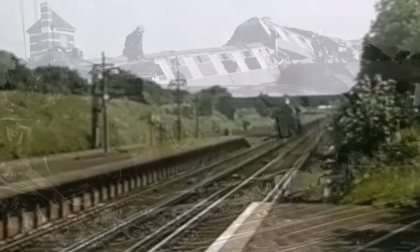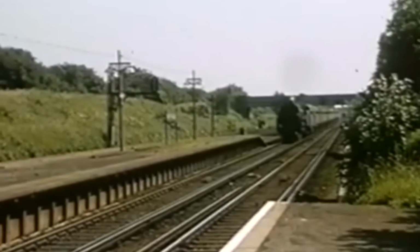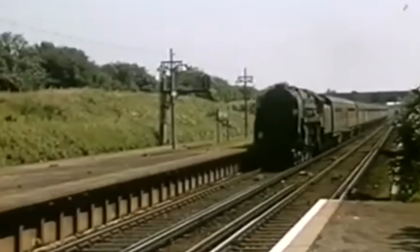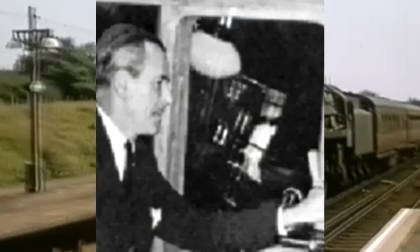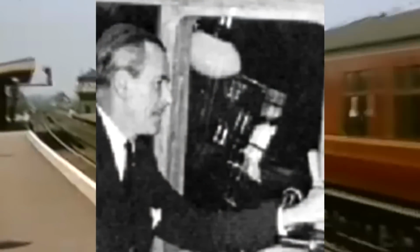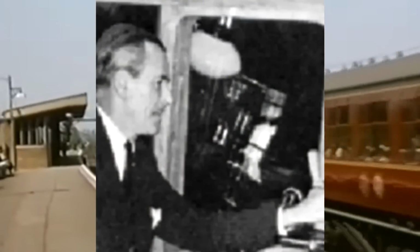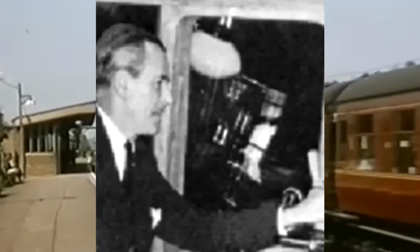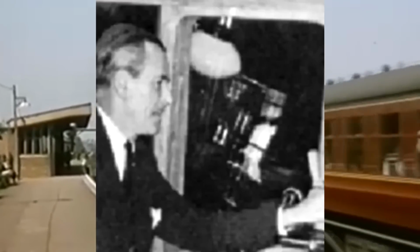Because of her loss, a gap now existed in the roster for locomotives with an 8P power classification, and the demand was high for the efficient operation of heavy expresses on the West Coast Main Line between London, Euston, and Scotland. Riddles seized the chance to press his case for the new design that he desperately wanted to build, and the suits finally gave him what he wanted, authorizing a single prototype, which would be